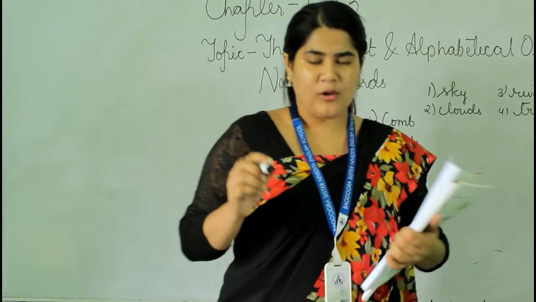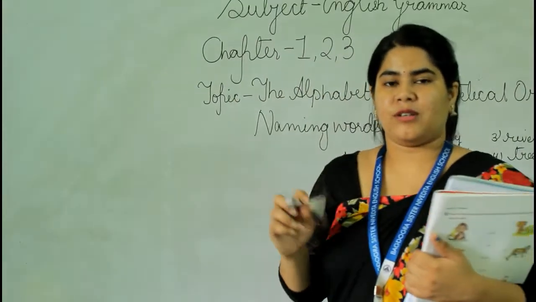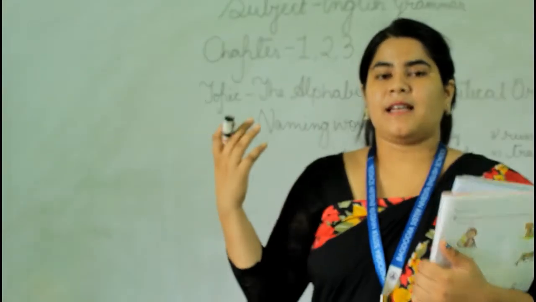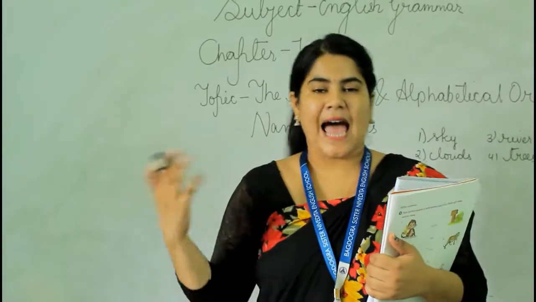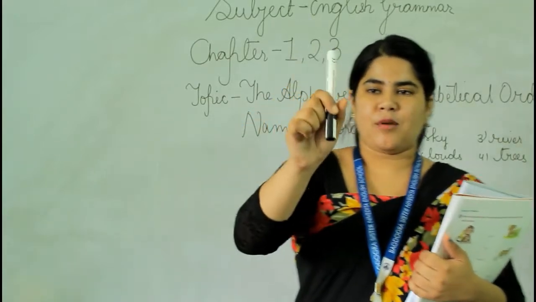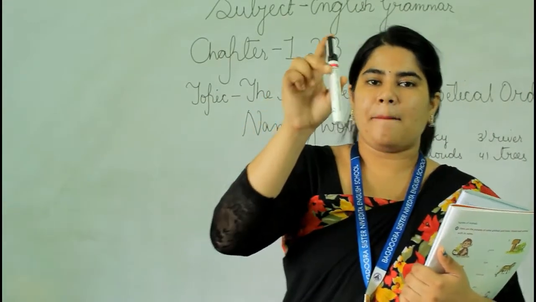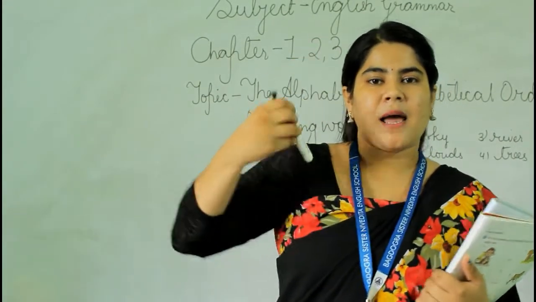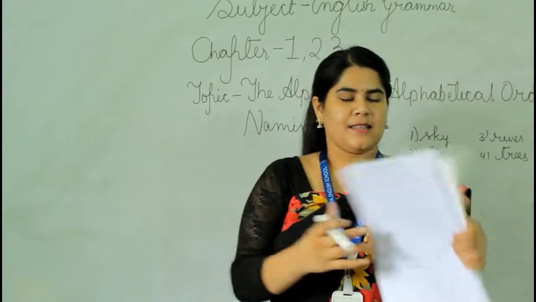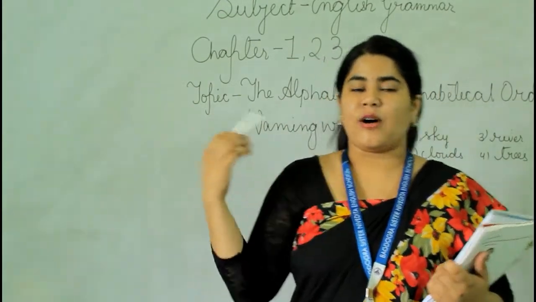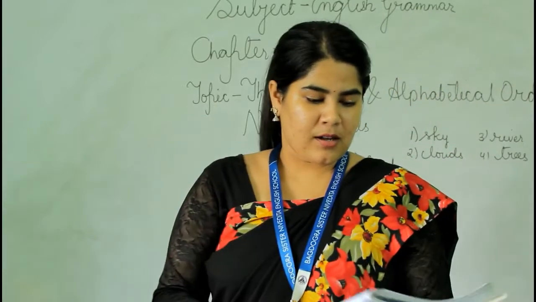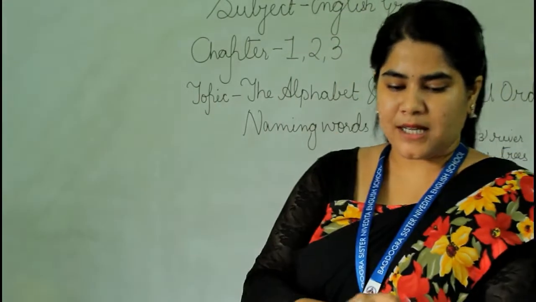Alright, now what have you understood? That a noun, a naming word, means the names. A noun is a name given to a person, place, animal or thing. Like, what is in my hand? Marker. So this is a marker. My name is Rashmi. This is a copy, table, chair, bottle. These all are naming words, means nouns. Alright, so now turn the page.